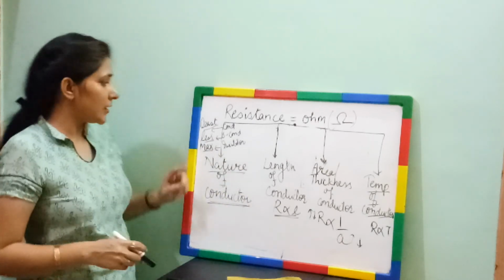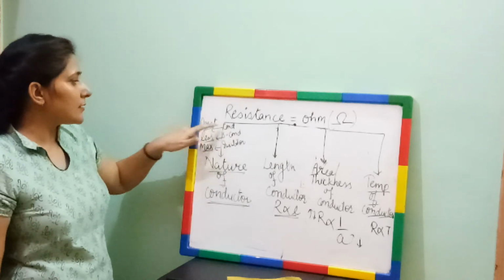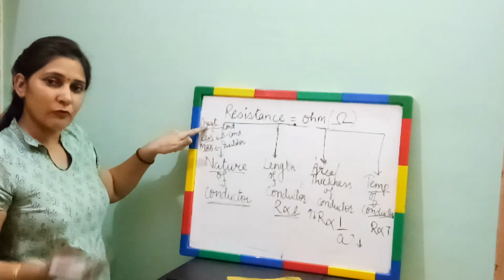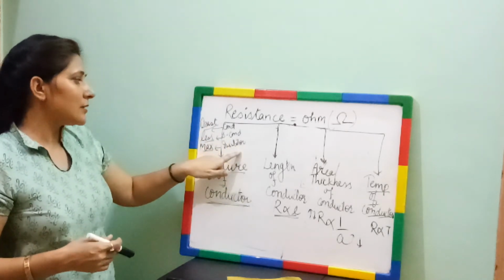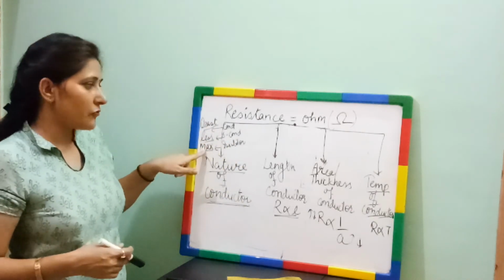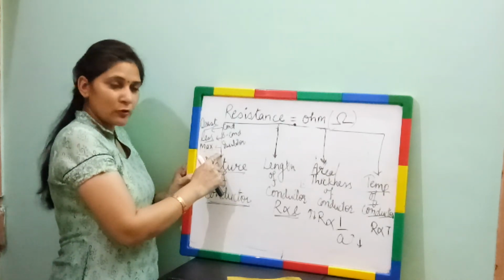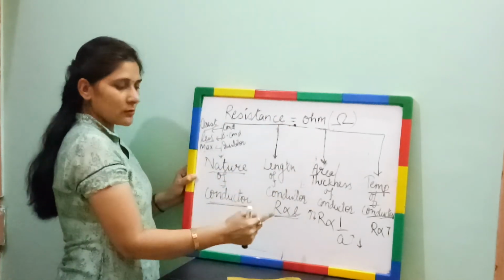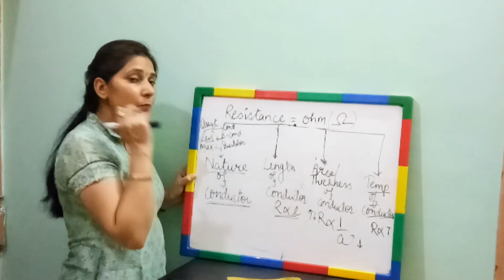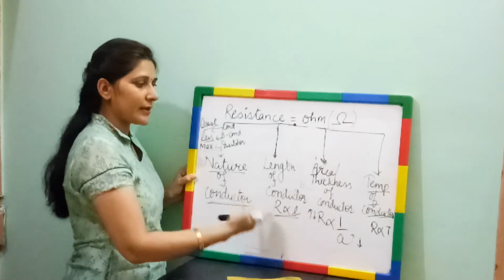Quickly I am recapitulating. First one, nature of conductor. If the substance is good conductor, resistance is least, electrons can flow easily or ions can flow easily. Semiconductors, less, insulators, maximum resistance can be offered. Okay, means no charge is able to flow, negligible charges are able to flow, no flow of current there. Okay, coming on to second, that is length of conductor. Length of conductor is directly proportional to resistance. More will be the length, more will be the resistance, and vice versa.